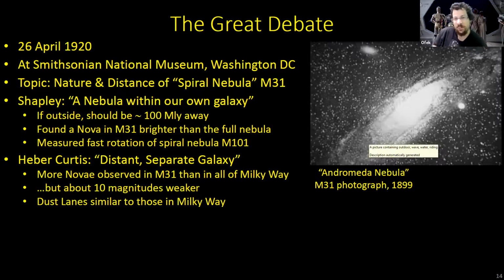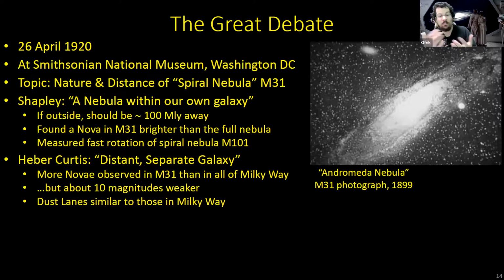However, these other novae were not just more numerous, they were also a lot weaker than the ones that we measure from the Milky Way. About 10 magnitudes weaker, and if you recall, a factor of 5 in magnitude is a factor of 100 in brightness. So 10 magnitudes means a factor of 10,000 less bright than the novae we see in our own Milky Way. So why would this little patch of the galaxy have more events and all of them a lot weaker than the ones we are used to?